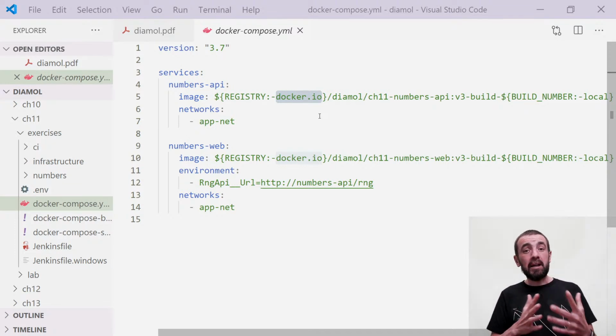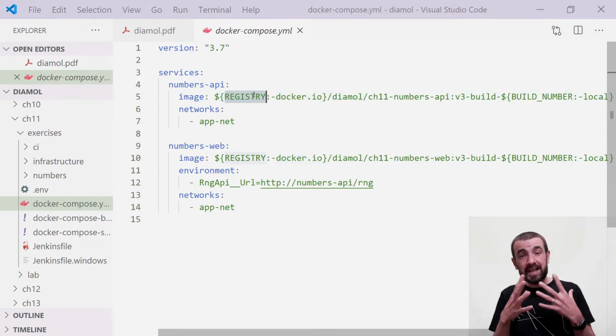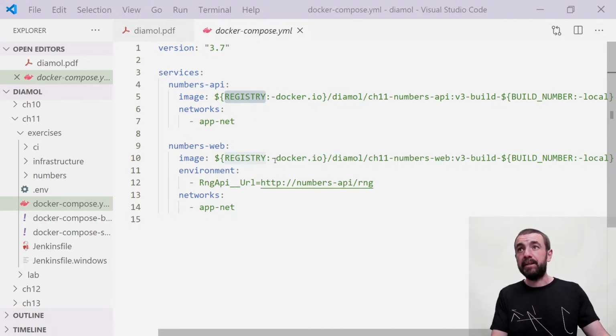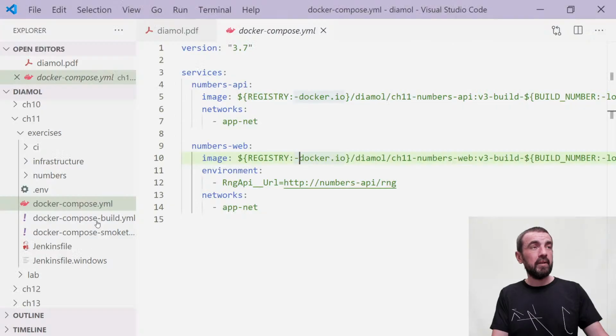So I'm keeping the flexibility. As a developer, I just do Docker Compose build, but I use exactly the same compose file in my CI process, which sets this registry variable, which then tags the image with the appropriate registry name to push it to a private registry. Okay, and then in the build file itself,